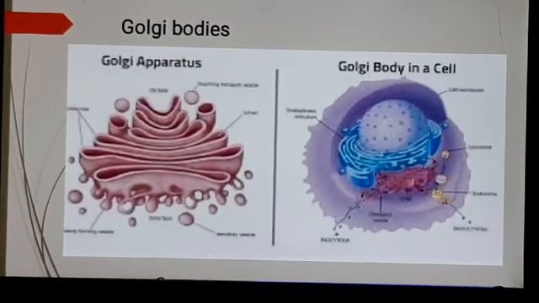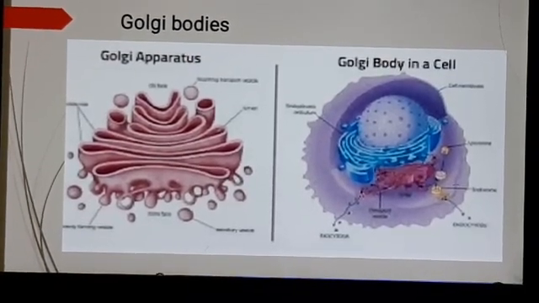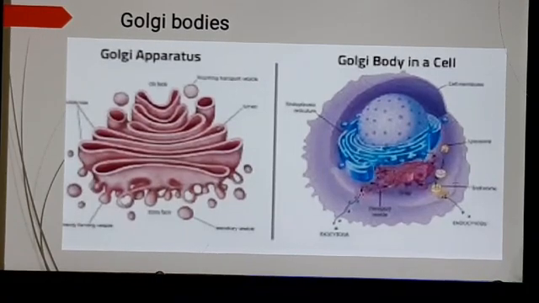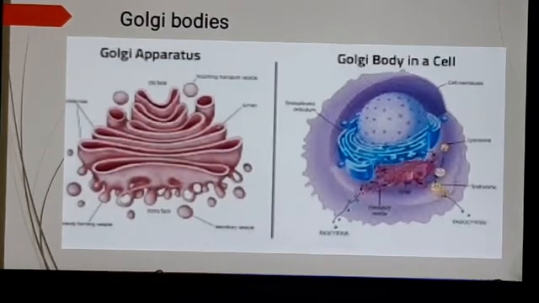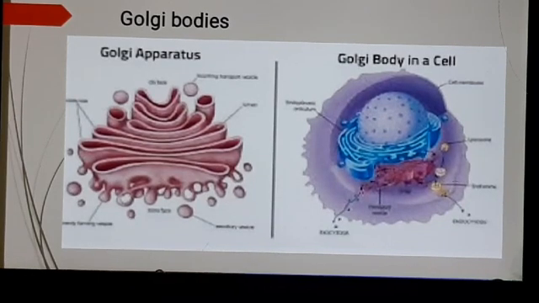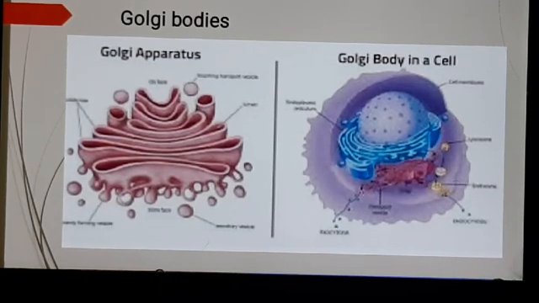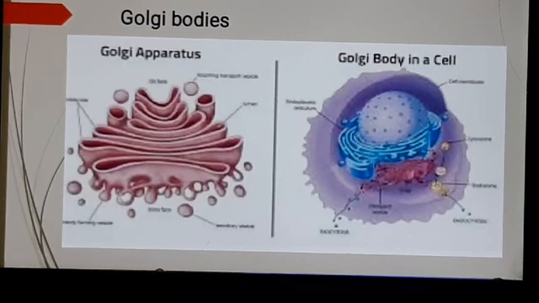Now, the other cell organelle is Golgi bodies. Golgi bodies are found in the cytoplasm, and these cell organelles are found in both plant and animal cells. Golgi bodies are present either above or around the centrioles which are found near the nucleus. That is, they lie somewhat near the centrosome only.